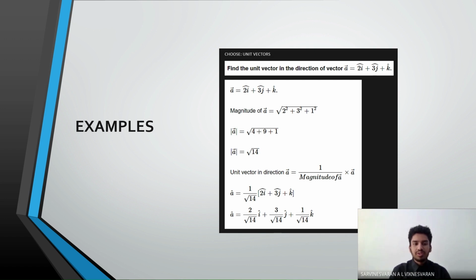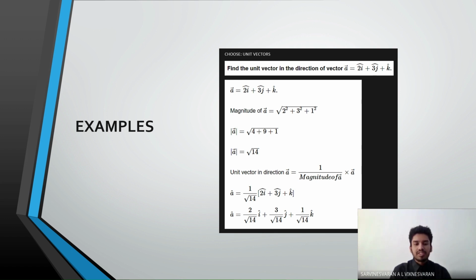So we're going to use the magnitude to find the solution first. So we're going to use magnitude of A equal to square root of 2 power 2 plus 3 power 2 plus 1 power 2. So this is the following solution. It is the square root of 4 plus 9 plus 1, which is 14. And we're going to use